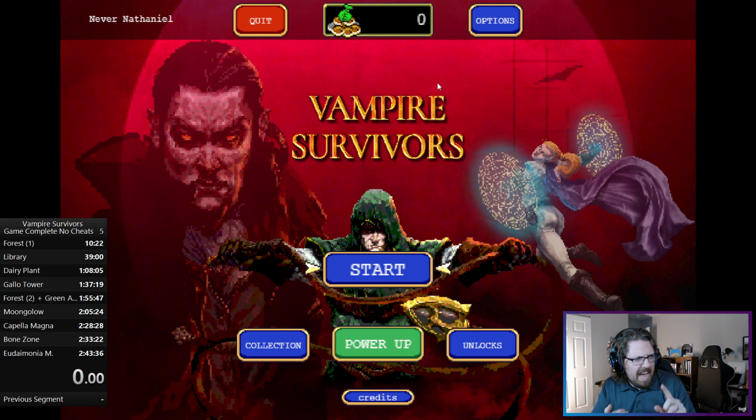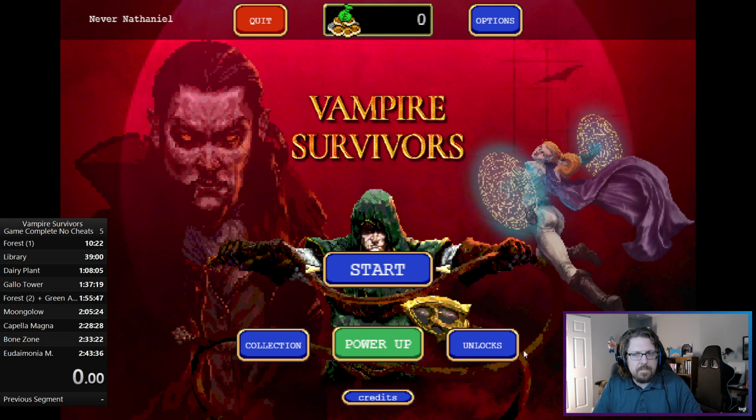The other weapons, Axe and the Santa Water and Bible, are not as good as Magic Wand and Knife at the beginning, but you can take them if you don't get anything else. But the goal is to get as many projectiles as you can, kill things as fast as you can. The moment you get level 20, you exit the level, you will unlock a whole bunch of things,